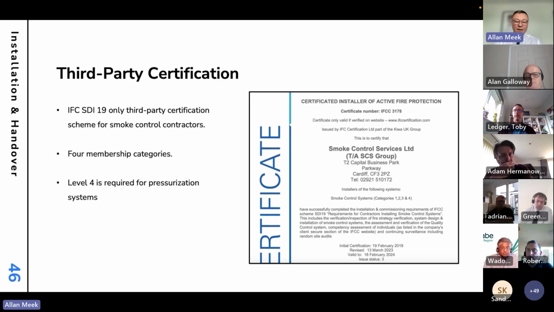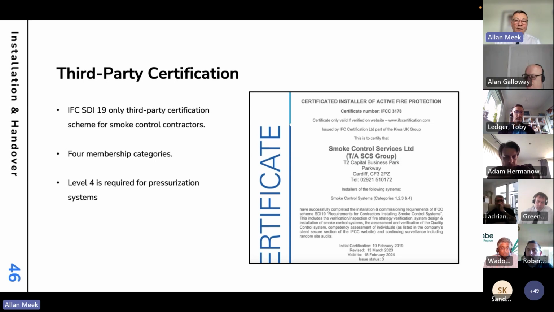Talking of competence, we also would suggest that third-party certification should be a minimum requirement for smoke control and any other life safety system. The IFC SDI 19 is the only third-party certification scheme for smoke control contractors. Within the scheme, there are 4 membership categories, level 4 being the highest, and level 4 would be required for